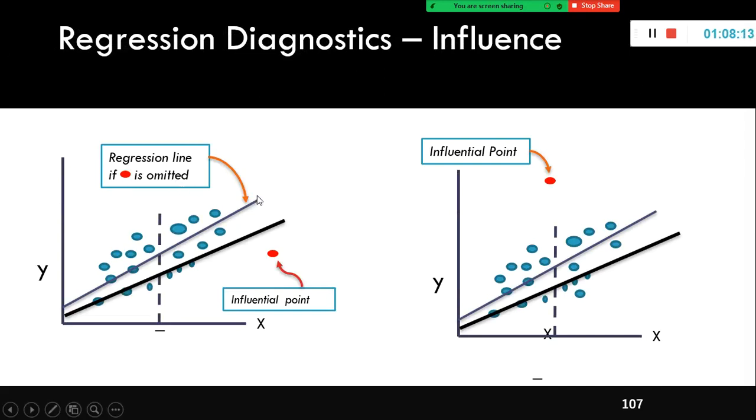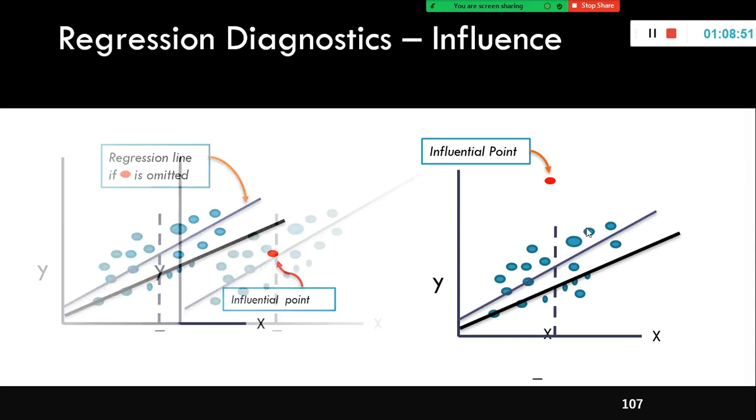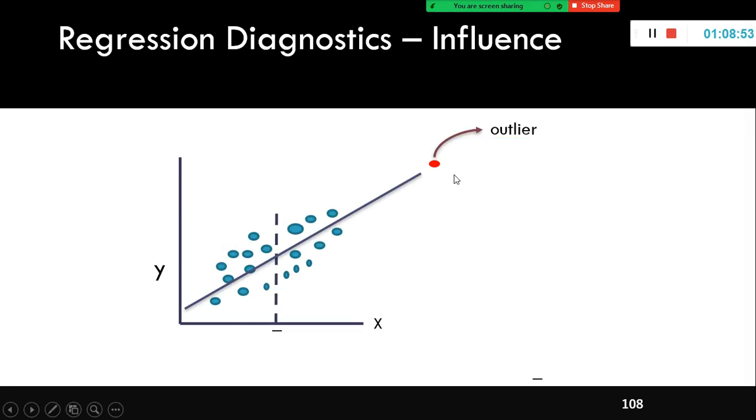Regression line. Let's say this is an influential point, the blue colored one. Let's say you have this value here, so I highlighted it in red because it is an influential point. But if I remove this one, the regression line will remain as it is. And look here, let's say I have a value here. Will this have any influence? This is also an outlier, and because of this the line will get dragged upward. And this is not influential.